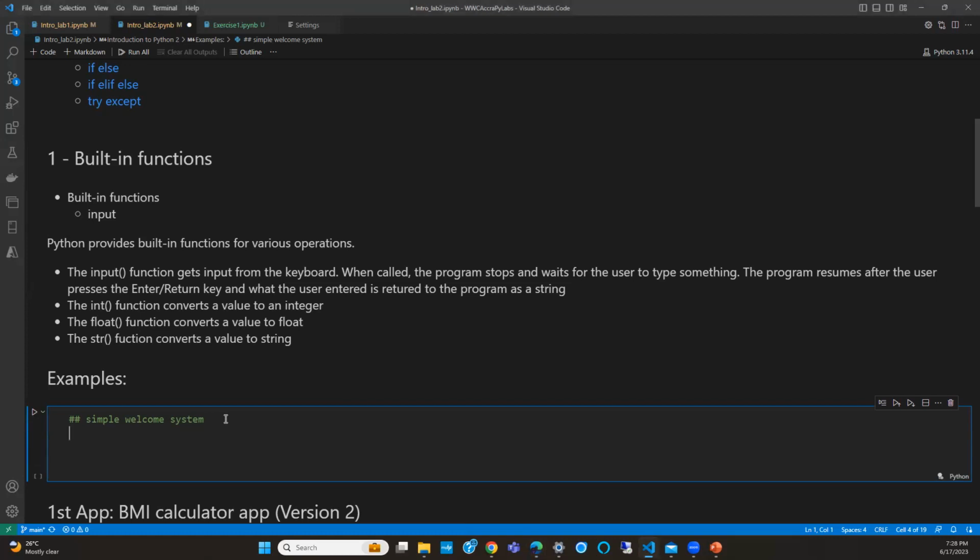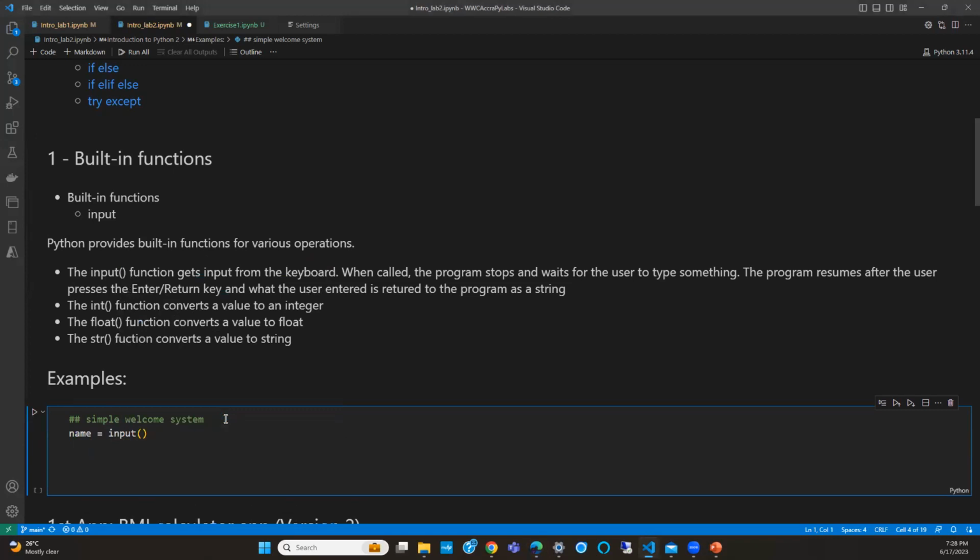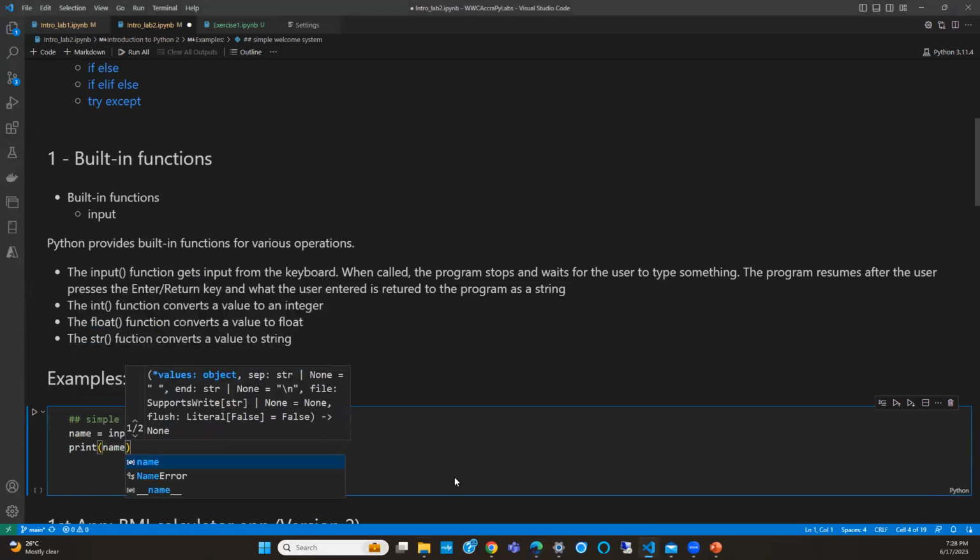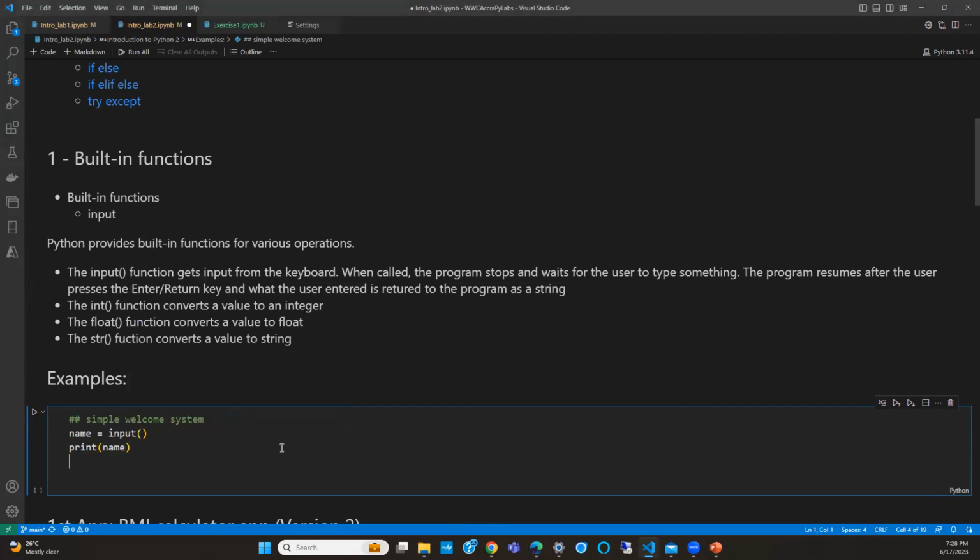Okay, so whilst we have these examples here, let's just have an example. So let's see name, and I see input this, and just do print name. Okay, so I have this simple program. What it's doing is it's taking some inputs and then printing it out, right?